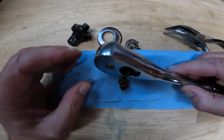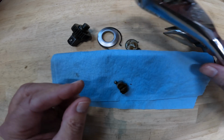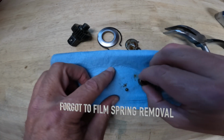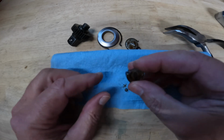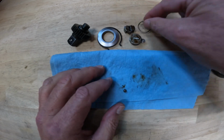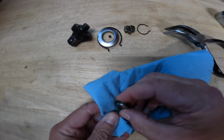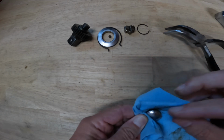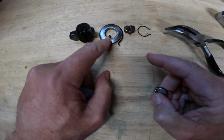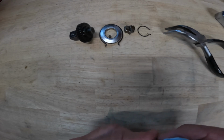Push it out from this side. Got the ball. And then I'm going to need a pick to pull that spring out. Clean off these parts. It's your very traditional looking kind of bat wing pawl with 2 teeth. Now the interesting thing is everything you see here, all 1, 2, 3, 4, 5, 6, all 6 of those parts look exactly like the inside of a very